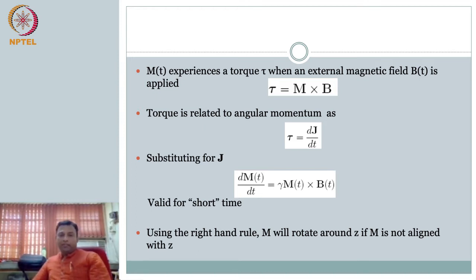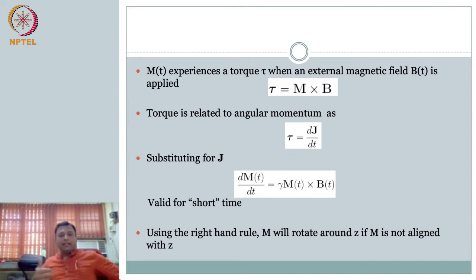So now what you have is valid for short time. Again, this is a very troublesome notation. Short time we really do not know. For now we will say short time means short in relation to the time constants. Remember we talked about T1, T2. Somewhere we'll have to define this short time, which will become clear when we progress further. But for the moment we will assume that this is valid, provided the time instance that we are talking about is short.